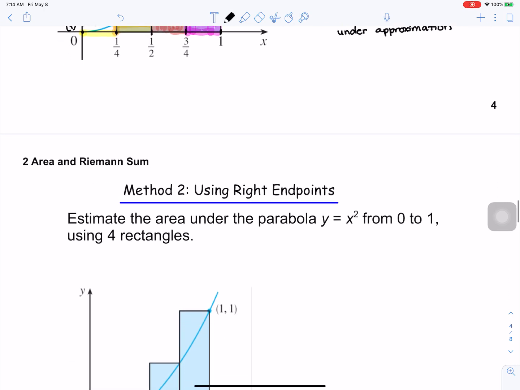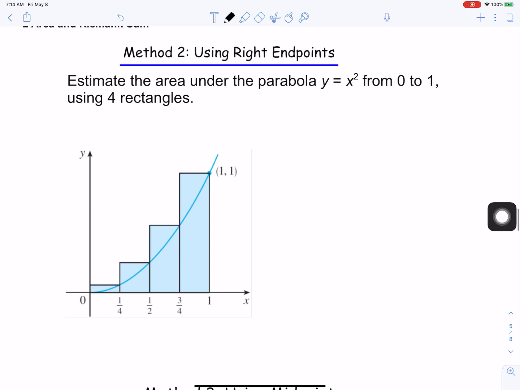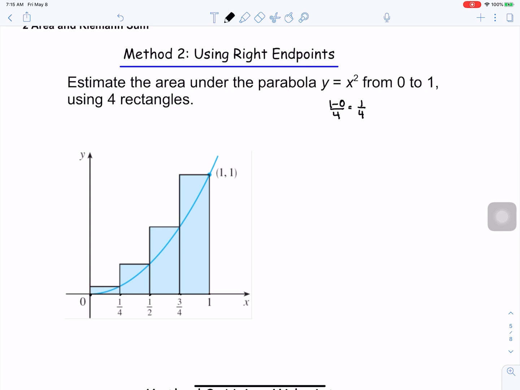Now method 2, we're going to use right endpoints. So I have my interval 0 to 1. I take the difference and divide it into however many rectangles I want. That tells me the width of each rectangle is 1/4. So I start at my left endpoint 0, add 1/4, add 1/4, add 1/4, add 1/4 till I'm at the endpoint B. So now the area under the curve from 0 to 1 of x squared dx is going to be approximated by,